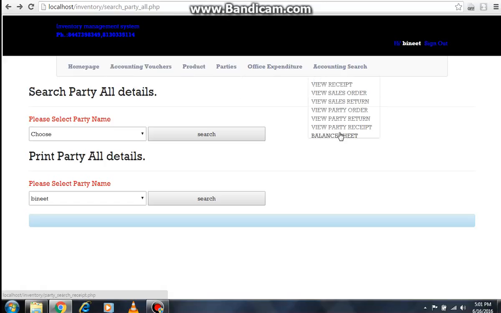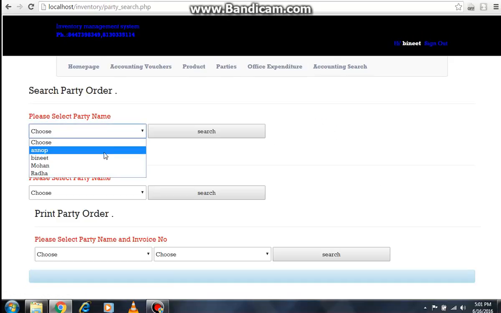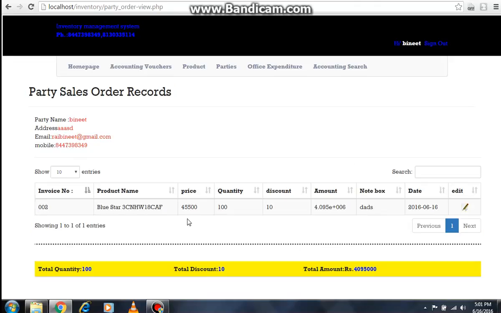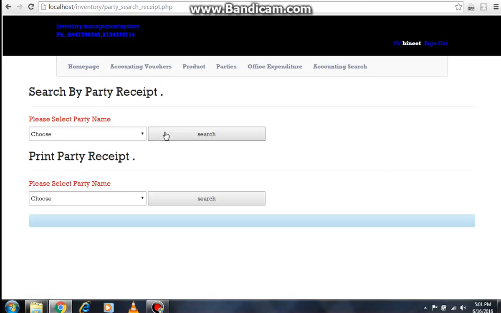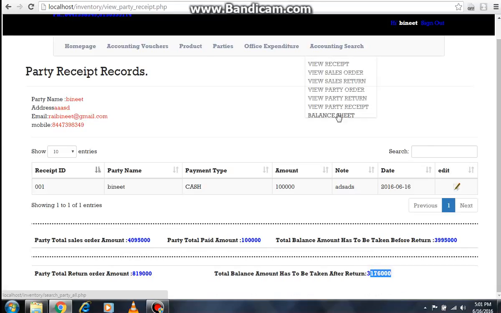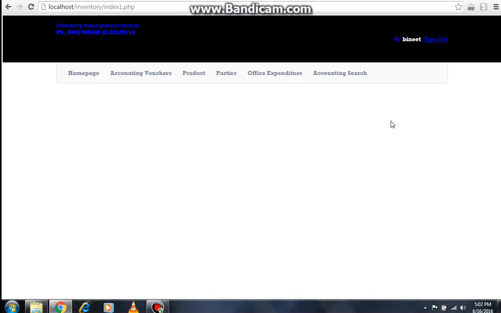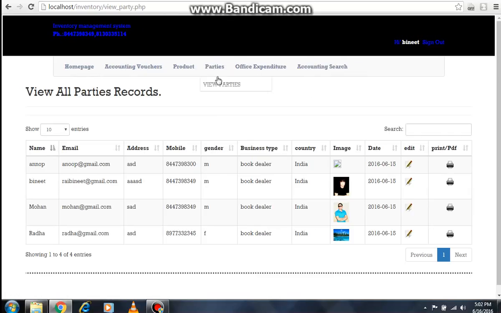So you see, there are different types of search boxes. You can see a particular party's orders, or if you want to see a party's receipts, how many times he paid, this much he paid. We have to take this much amount from him. Automatically it will generate. So it is very useful. If you want to use this software, from here you can add